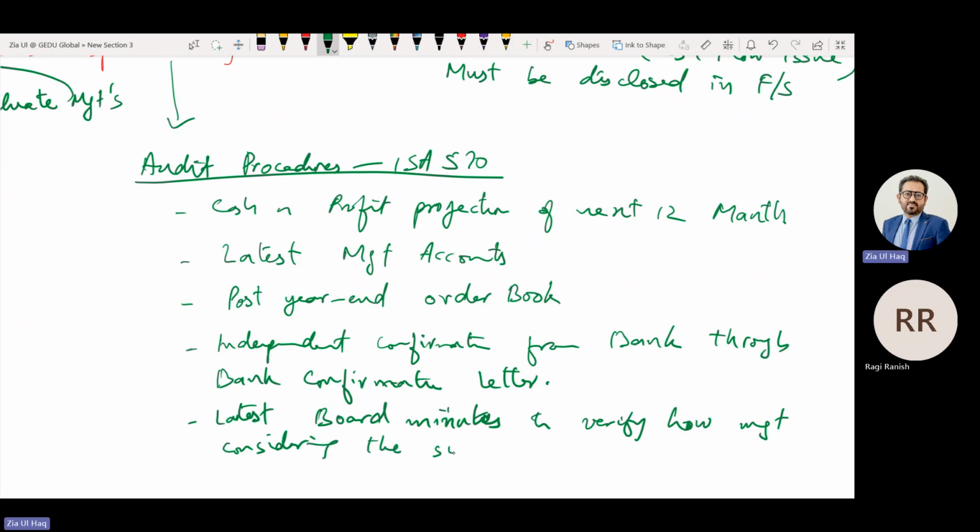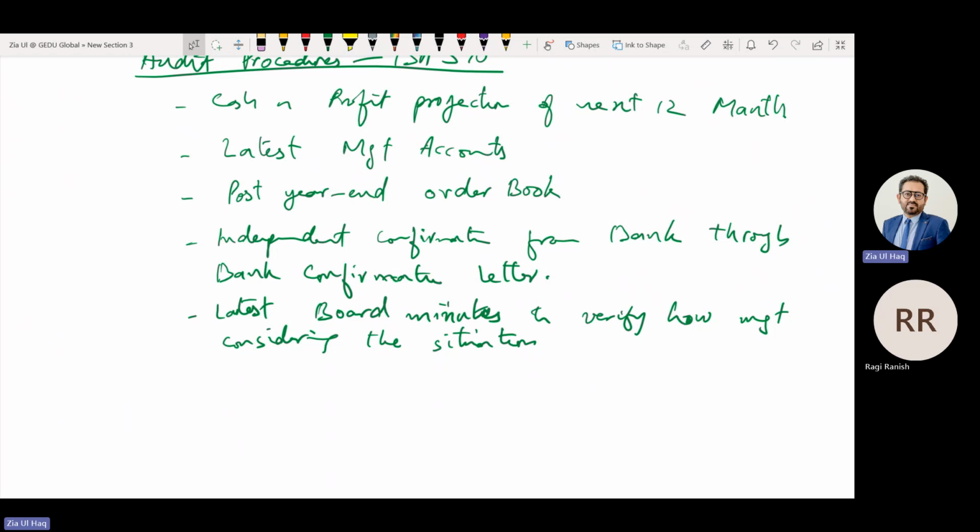From their discussion, we will be able to identify whether the company will be able to resolve their going concern issue or they are not in a position to resolve it, because their discussion with each other in a board meeting will provide a true picture. So that's why we should inspect the latest board minutes. What else?